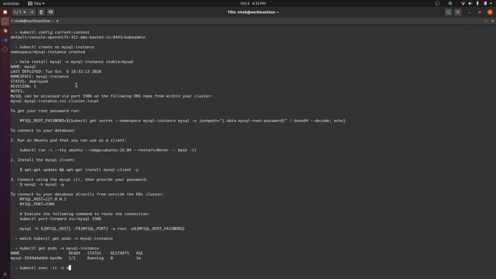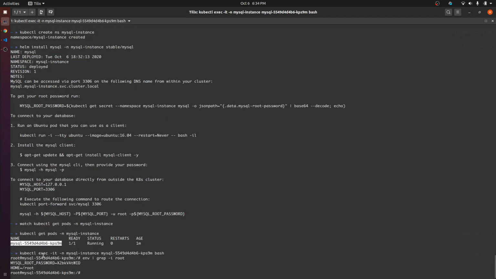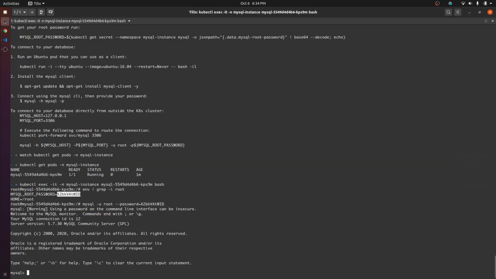I am going to exec into this particular pod that we just installed, and then I'm going to quickly grab the root password, and then using this root password we can get the MySQL shell, and then we can create the database and insert some records into that database.